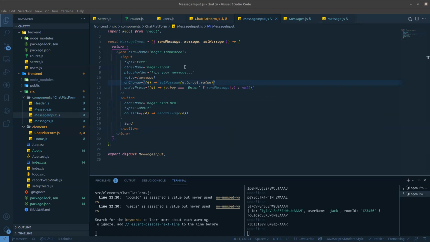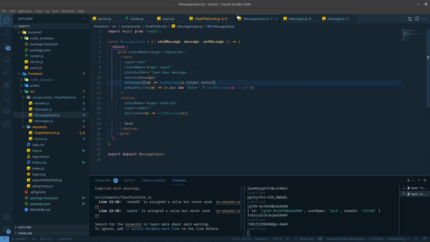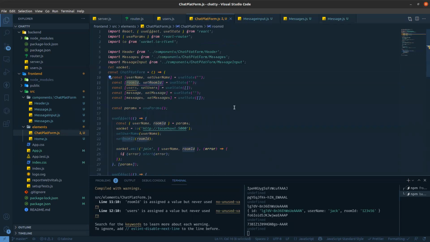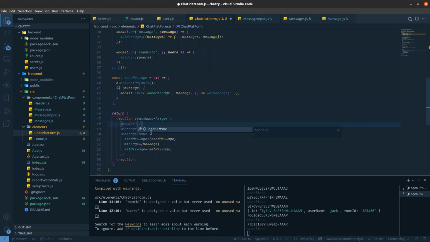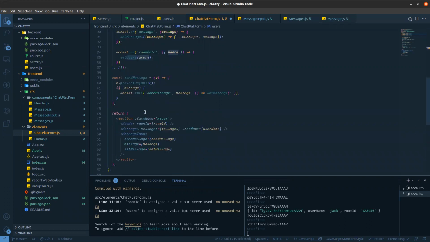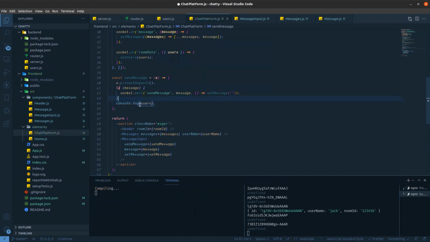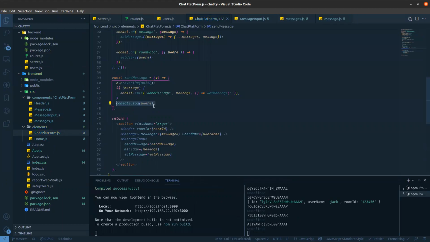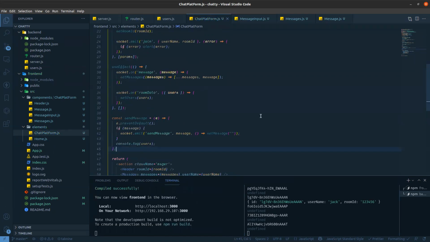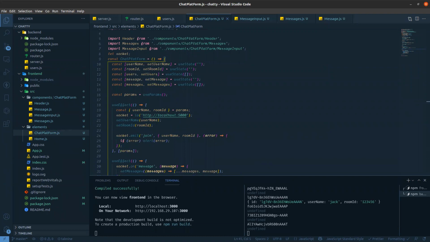So for the front end, everything on the chat platform is already done. Go to the chat platform. Here the room ID is missing, so this room ID will go in there, and users. For users, I'm just console logging over there, console.log users. This is your assignment: you need to show this user list anywhere you want. So I am console logging those users list. Next, go to the server, meaning backend.